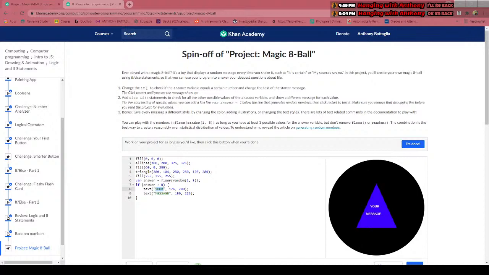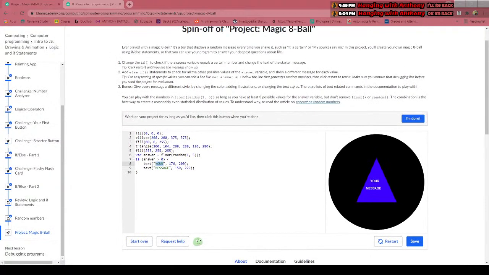But yeah, I'm just going to do this. So your message: change the if to check if the answer variable equals a certain number, to change the text of the starter message. So,